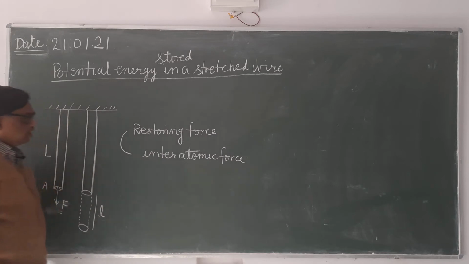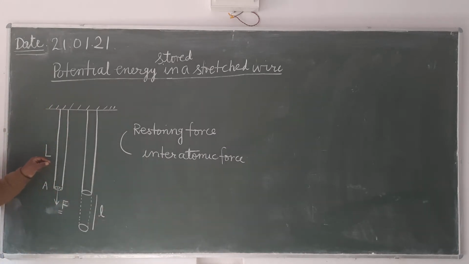You can see here, there will be some definite number of atoms arranged at some distance from each other. When it is elongated, what will happen to the interatomic distance? Interatomic distance will increase. Means the interatomic distance which was earlier 1 micrometer, what will it become now? It could become 2 micrometer. It's clear? And when interatomic distance increases, interatomic force will also change. So see here, when you apply the external force capital F, its length will start elongating.